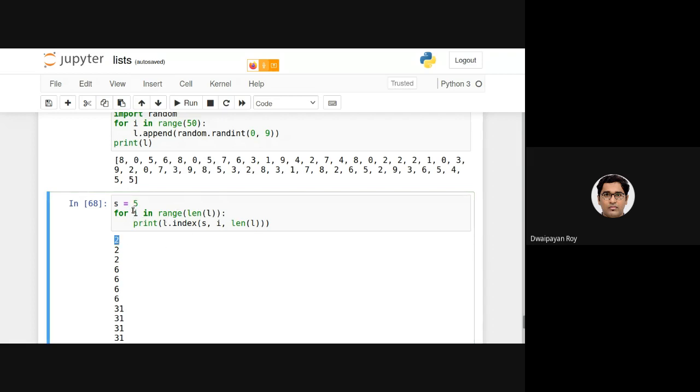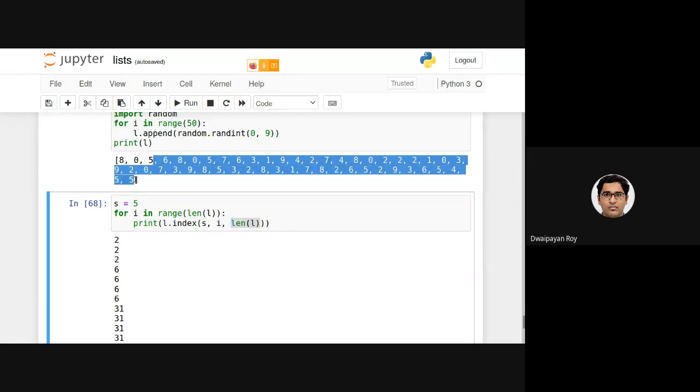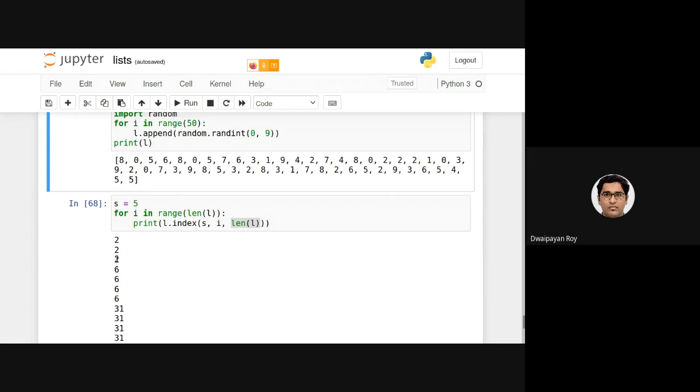Next iteration, the value of i is 1. Now the index of 5 is searched from 1 to 49. It returns 2. Then it looks for the item 5 from the 2nd location up to the 49th location, so it is returning 2 again.